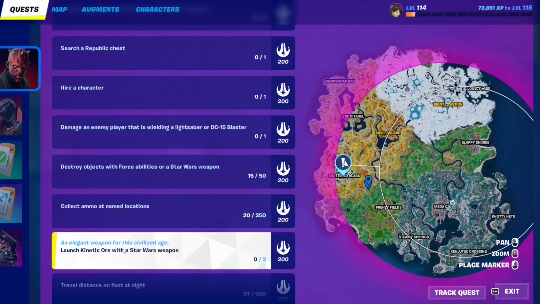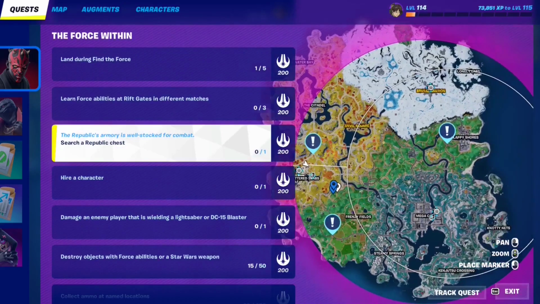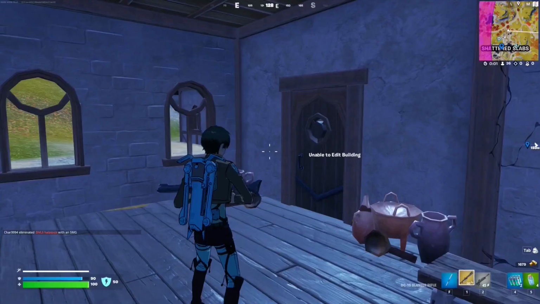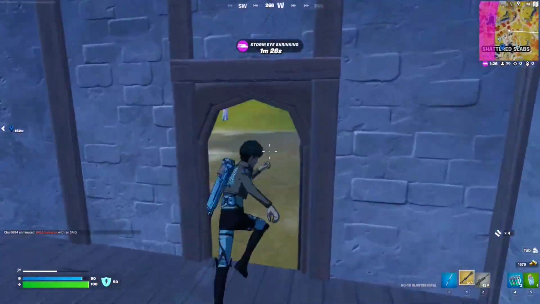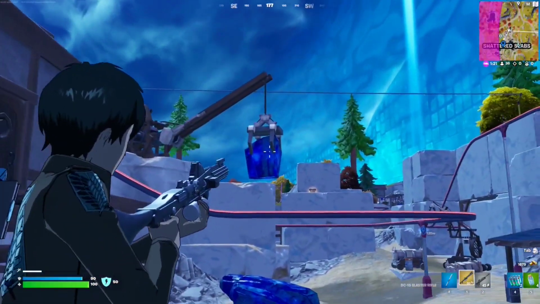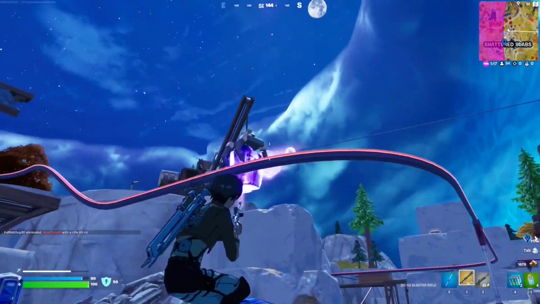For this Star Wars quest, essentially you have to launch Kinetic Ore with a Star Wars weapon. So grab a Star Wars weapon from these Republic chests right here. One here, one here, one here, and then go to Shadow Slabs, and you'll find these blue stones all around. We're going to shoot the blue stone with the Star Wars weapon. Here we go. We'll do it on this one,